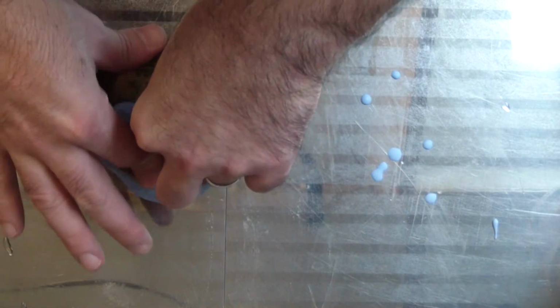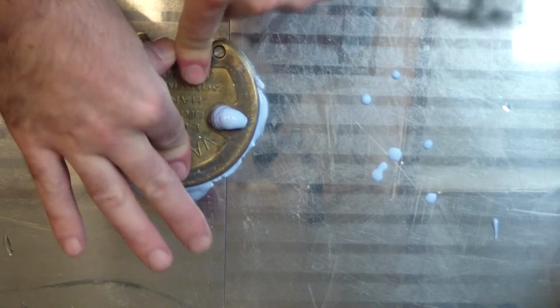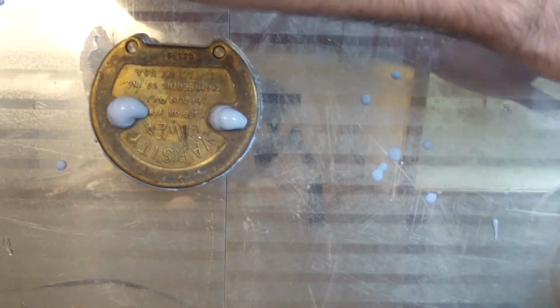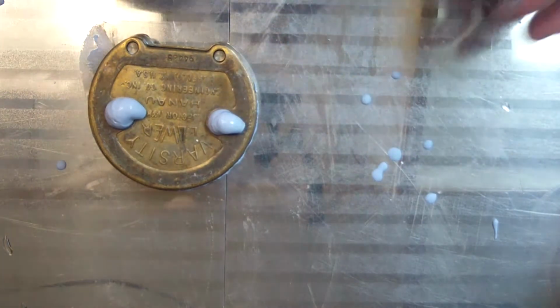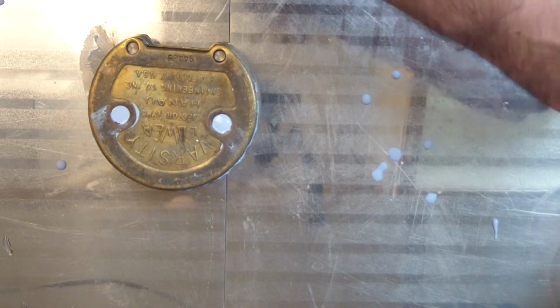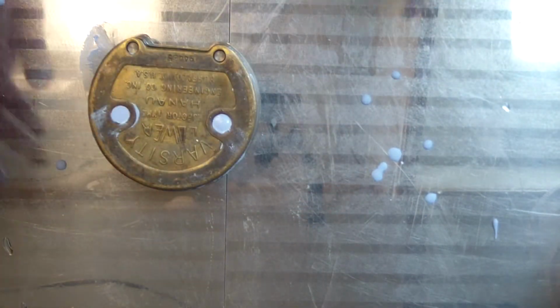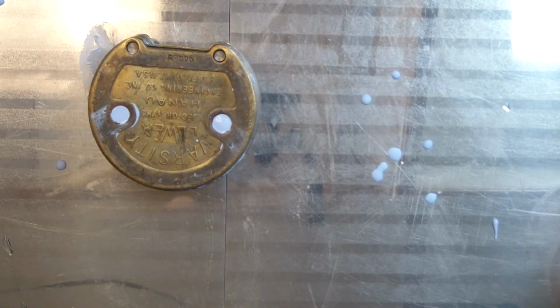Make sure your cover is all the way down. And I usually just take my finger and just wipe it off. Apply a little bit more pressure. Wipe it off again. And just take the tops and wipe it off. Okay, so at this point you're just ready to have this sit and cure for about,